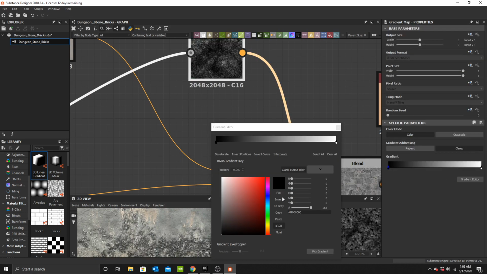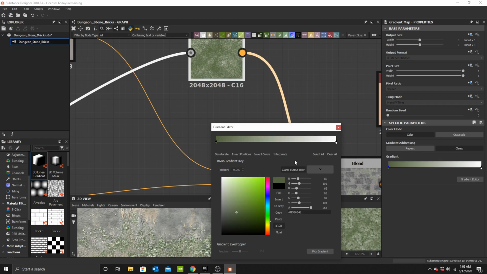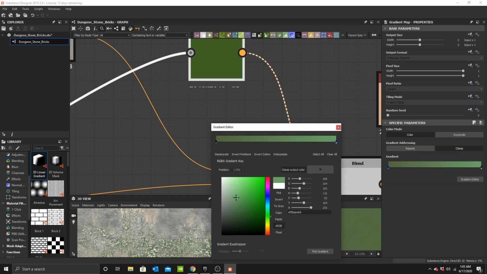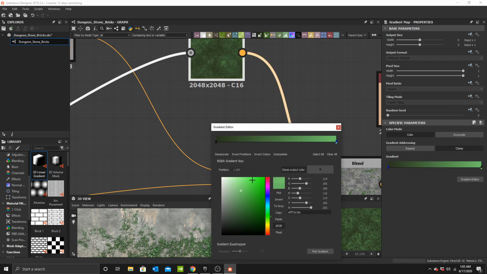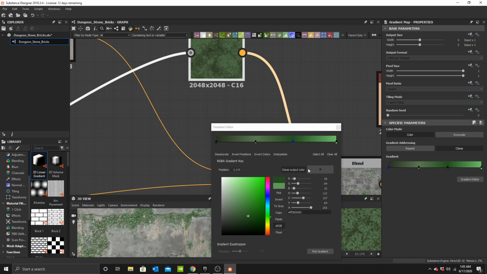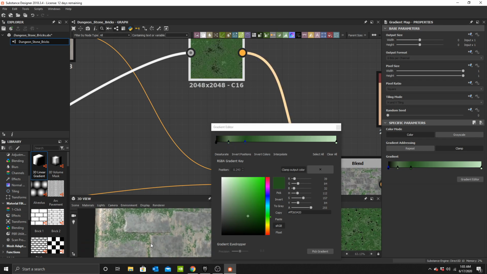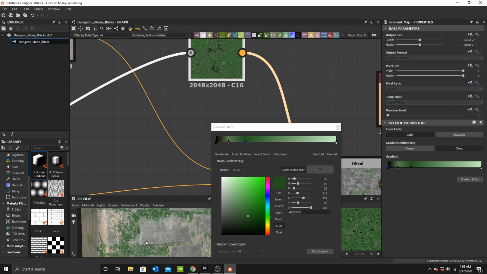So now just use this gradient editor and start coloring everything in. Alright, I think that sells the look of moss for now,